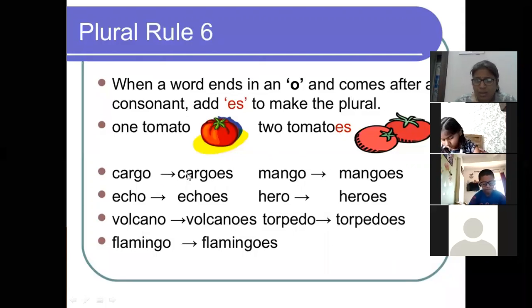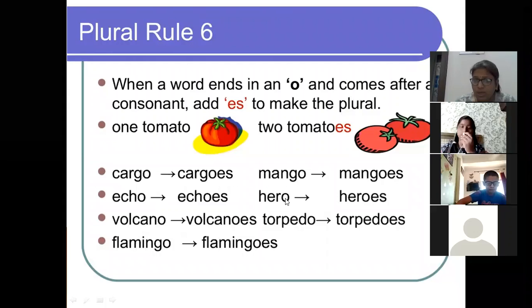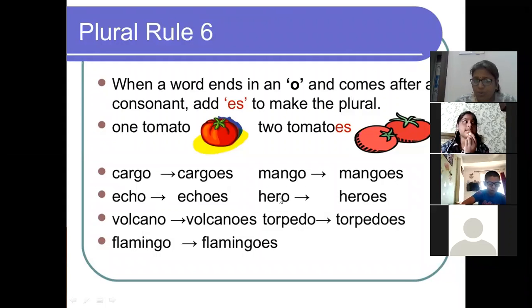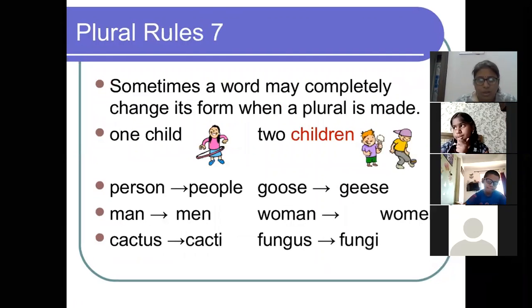Again, if I say hero, O is the last letter, and before O there is R. So what are we doing? We are just adding ES and it is becoming heroes. Okay. Next rule is,